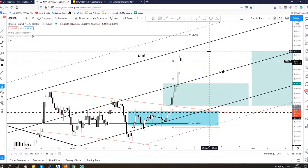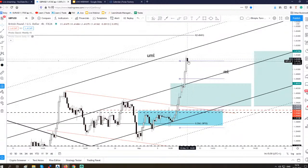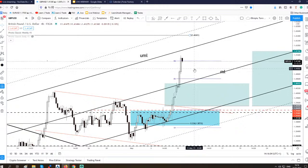GBP versus the US dollar, any chance to come down? The price could decrease a little in the short term, but it could register maybe only a temporary decline here. If it will maybe close below R2 to stabilize below it, something like this, maybe to retest, then it could decrease a little in the short term, but